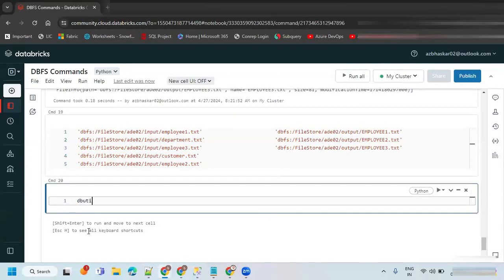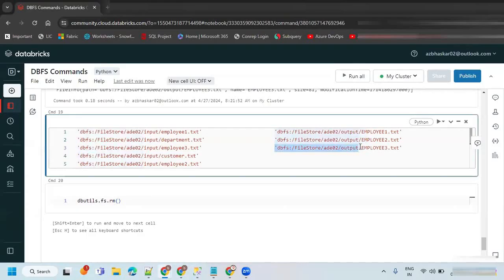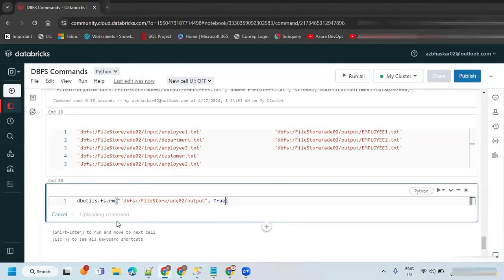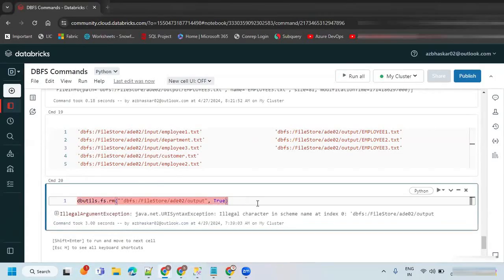dbutils.fs.rm. So I'm just passing this and I'm just removing this entire folder. Let's say true. Let's execute it. Okay.